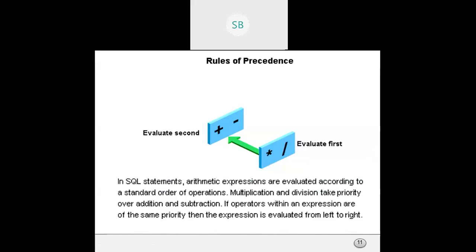Similarly, here also we have some precedence rules. We know that multiplication and division will be evaluated first, before plus and minus. Multiplication and division have the same priority. Similarly, addition and subtraction have the same priority.